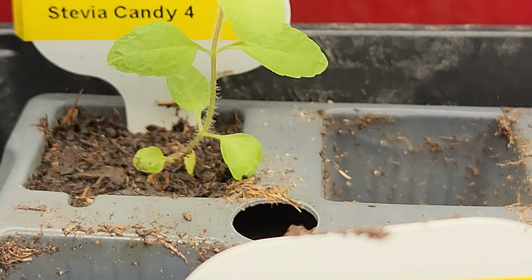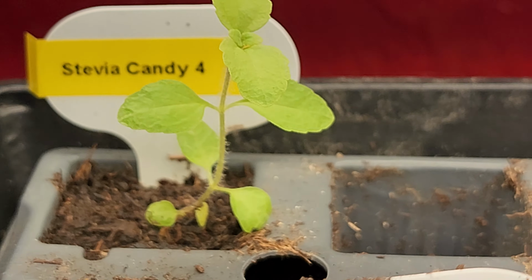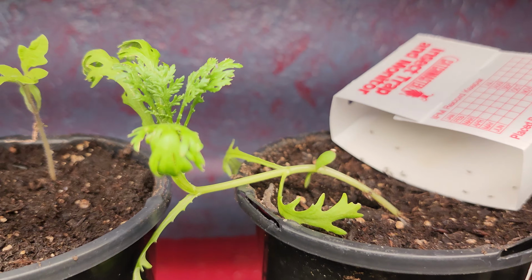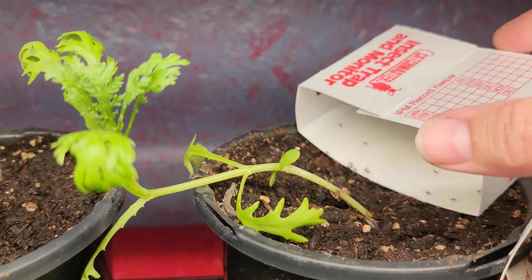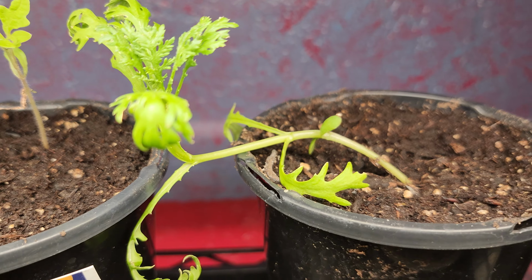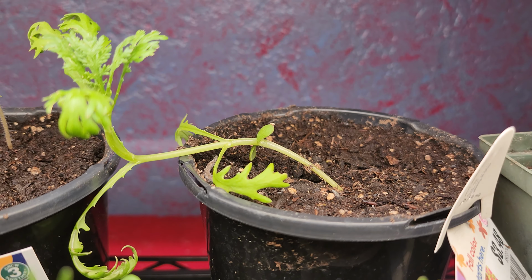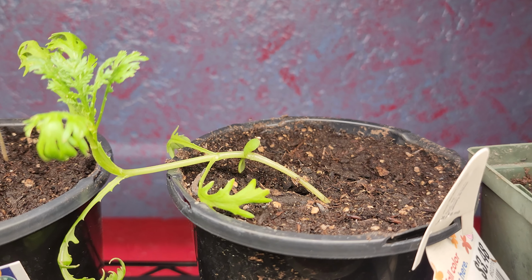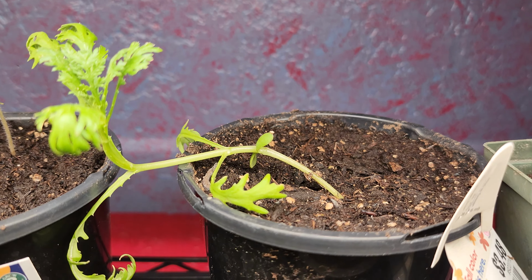That is my second stevia. And it has also put on some growth, though slow growing, because no doubt it needs to be up potted. Then up here, pay only attention to this guy and not my bug traps, because I have a serious fungus gnat problem. In addition, I'm going to put some more hydrogen peroxide, and someone reminded me cinnamon. I'm going to put some cinnamon on the surface of these plants, and I have a million, not literally, of these sticky traps, and